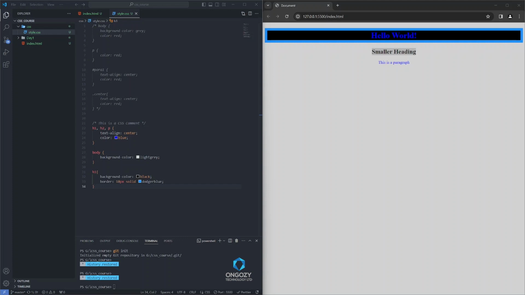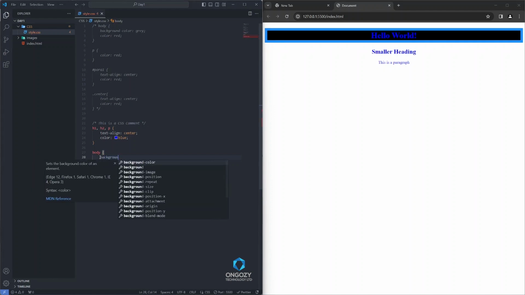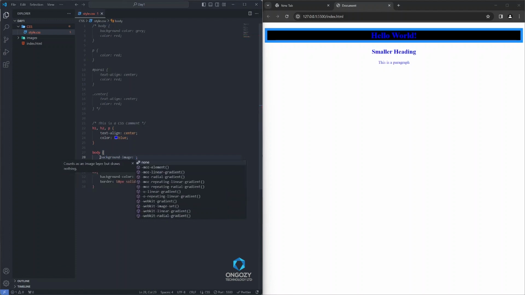Let's talk about the CSS background image. This property specifies an image to use as the background of an element. By default, the image is repeated, so it covers the entire element. For us to insert a background image in our page, in our body element, we are going to write background image, and then we are going to write URL, and